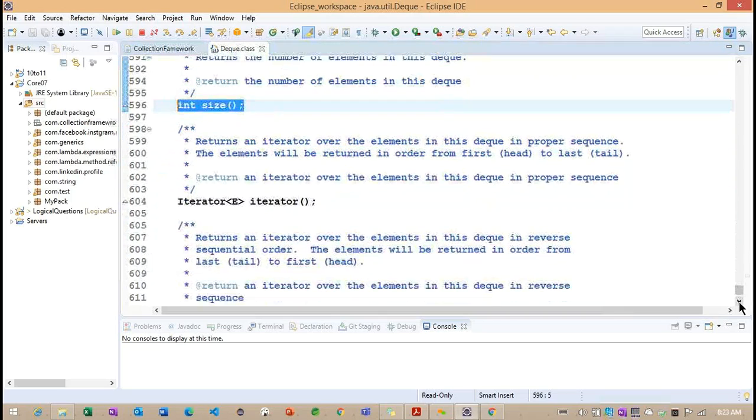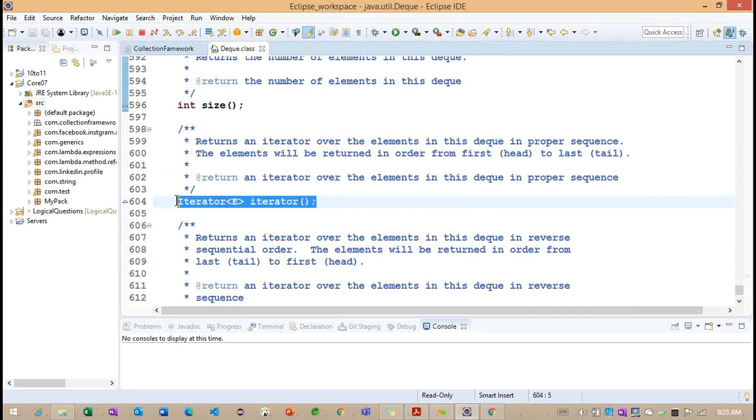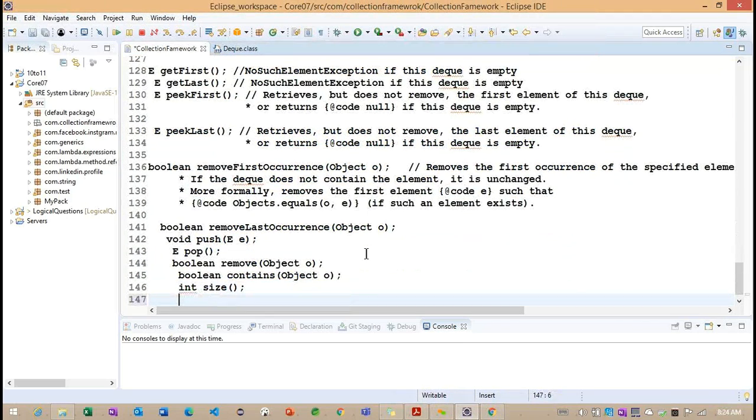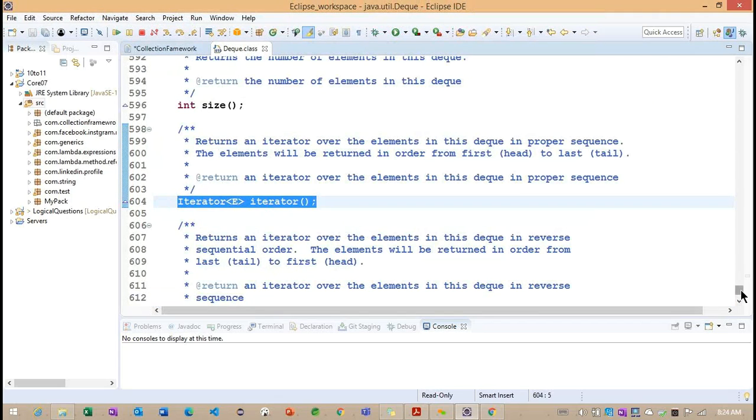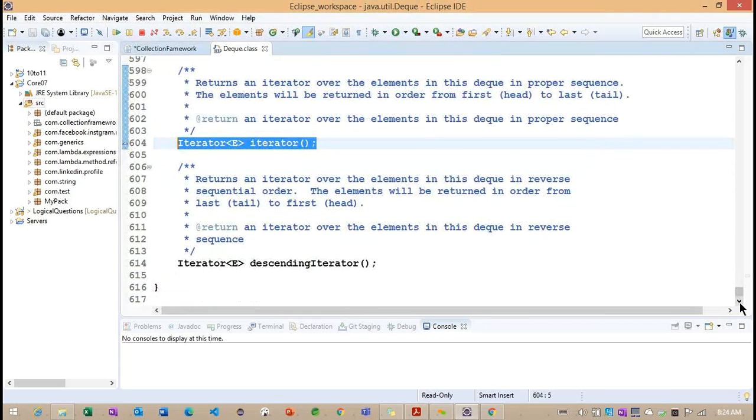The iterator we are going to discuss after completion of all the implementation classes. As of now we are discussing only the interface section. We need to go for the implementation classes of each interface here.